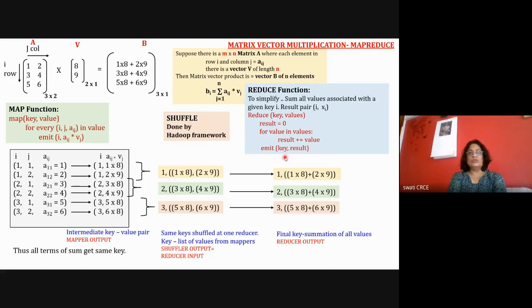Okay, so this is the way MapReduce works. There is a mapper function and a reducer function. The mapper and reducer functions are written by the programmer only once. Shuffling is done by the framework. Shuffling is done in such a way that keys are sorted. The intermediate key value pair output of the mapper is sorted according to the generated keys, and it creates the list of values. And the reducer's job is just to do something with this list of values.